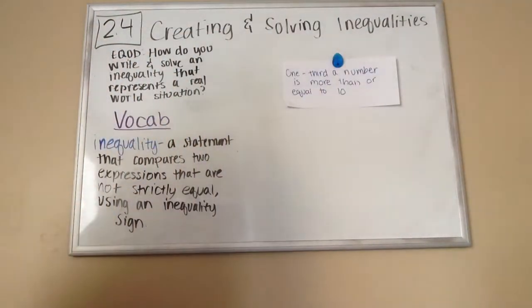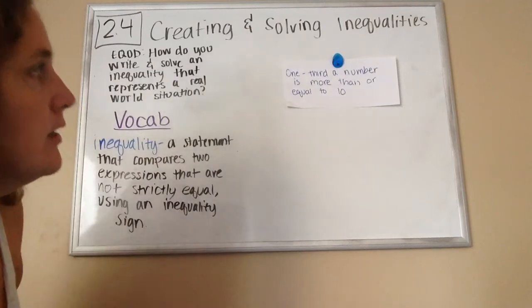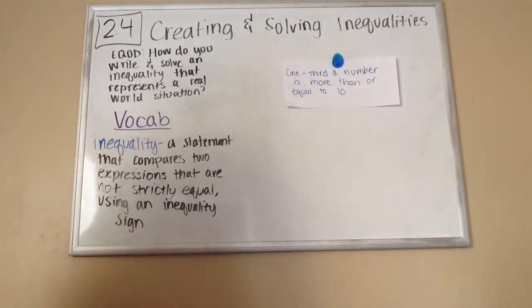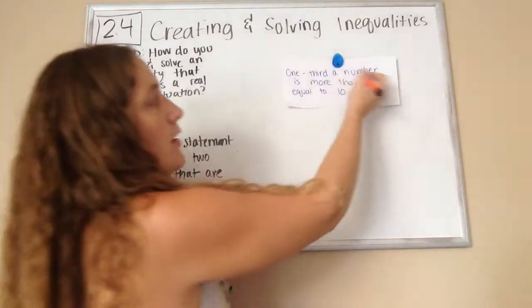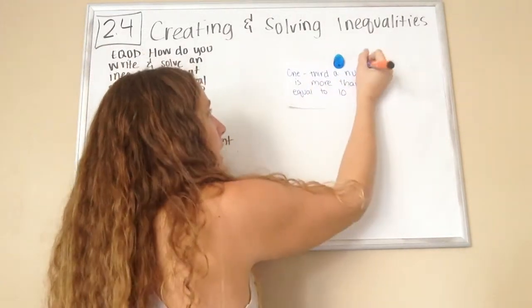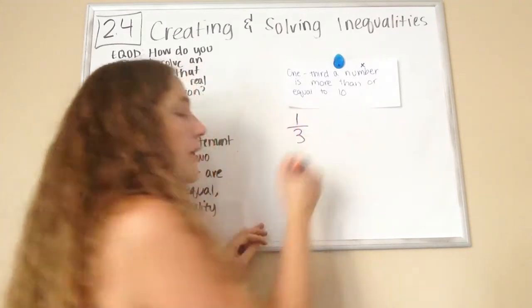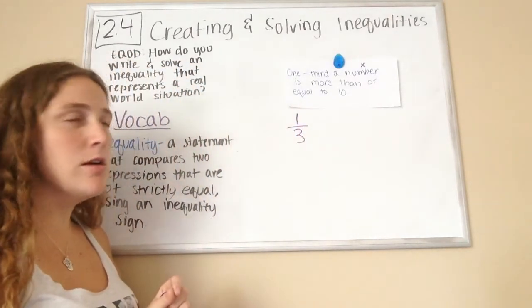1/3 a number is more than or equal to 10. More than or equal to 10. Okay, so we've got to figure out what that number is, right? I'm just going to call it x. So my number is going to be 1/3, a number,